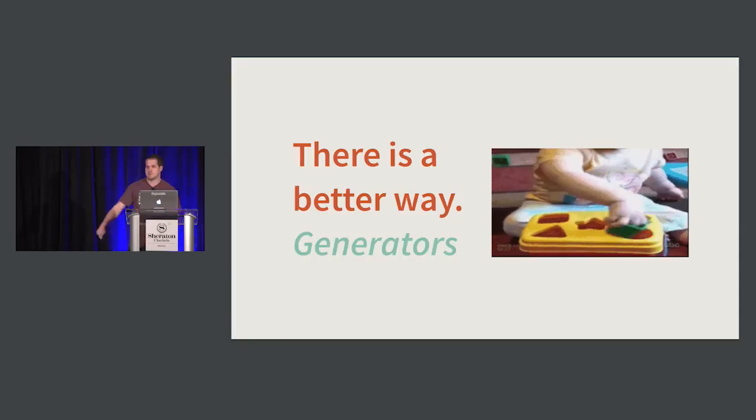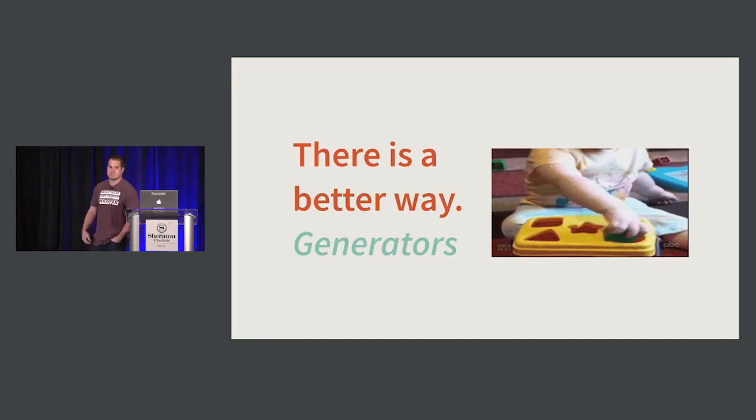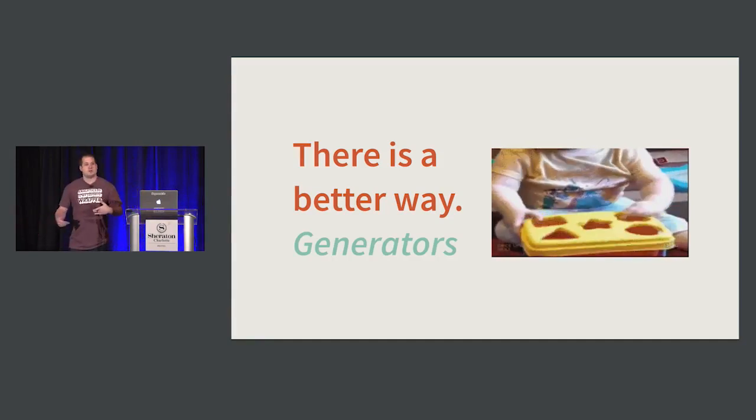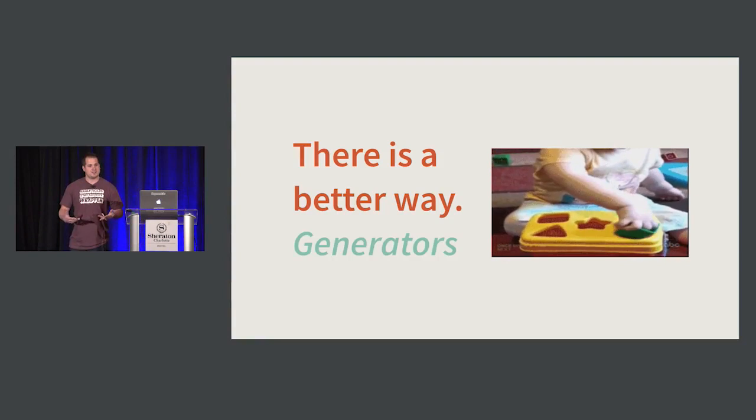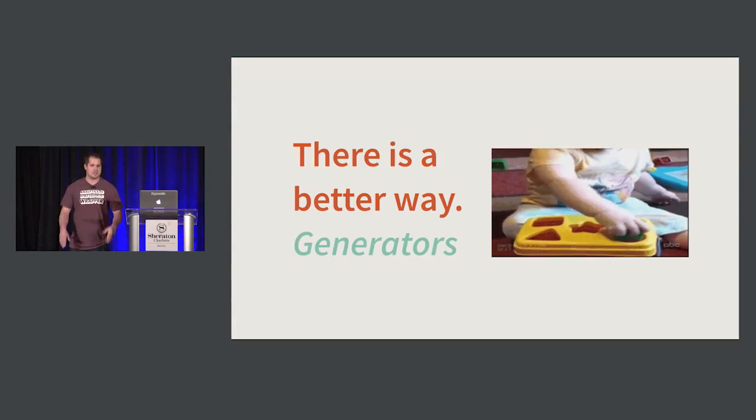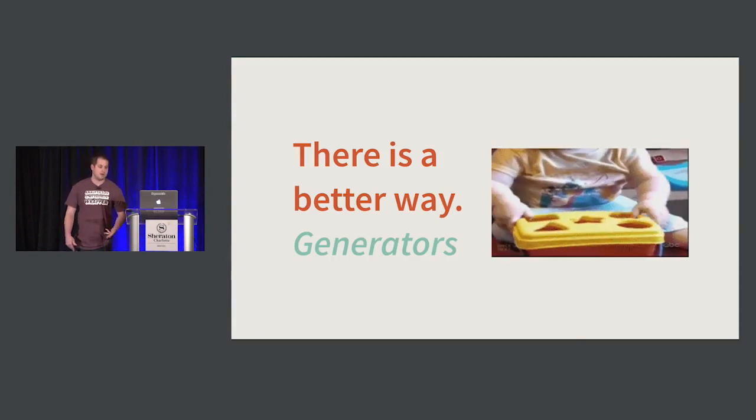So thankfully, there is a better way, and that's with generators, which is in the new, what they call ECMAScript 6 edition of JavaScript, which is the new features that are slowly being rolled out. The ironic thing is generators aren't really meant for asynchronous programming at all. And we're just going to make them work anyways. There's a lot of frameworks built around them, and everybody's jumping on board. Because they're there, and we're going to make it work, kind of like this kid with his toys.